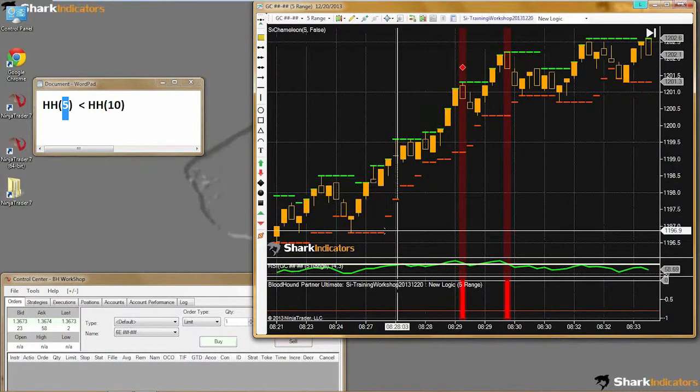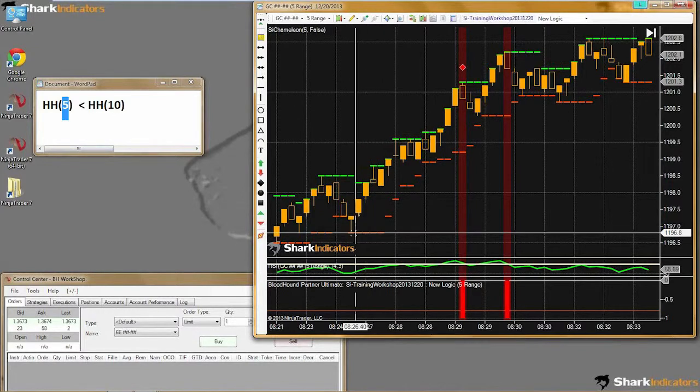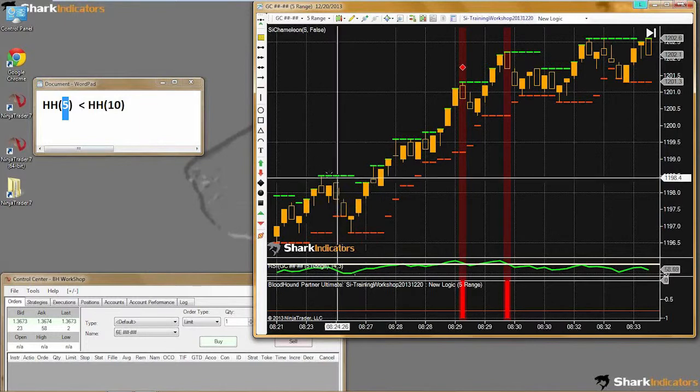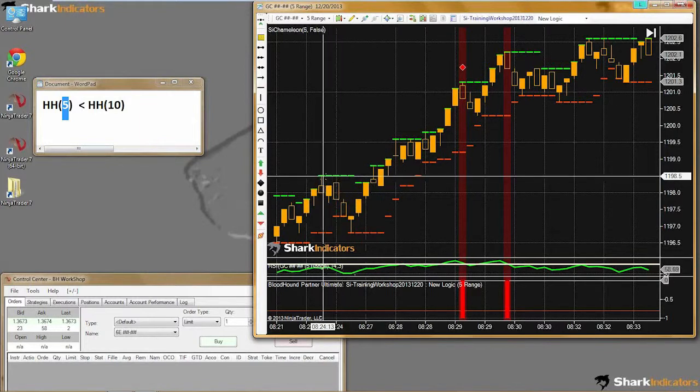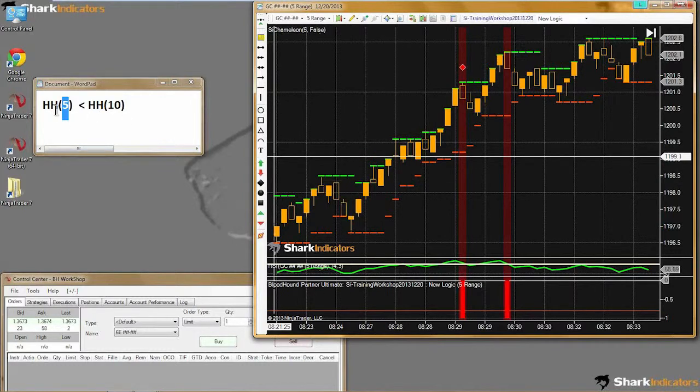There we go. So you can see the red hashes are identifying the lowest low going 5 bars back, and the green hash is identifying the highs going 5 bars back. That's how you can identify the highest high looking 5 bars back, and of course if we want to look for the highest high going 10 bars back,